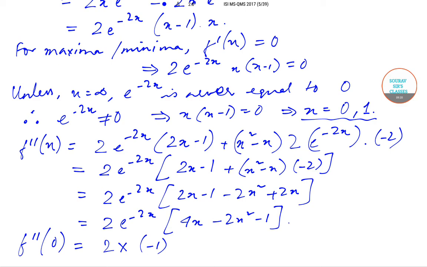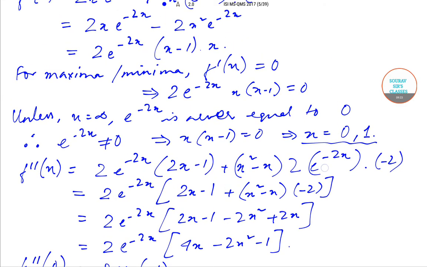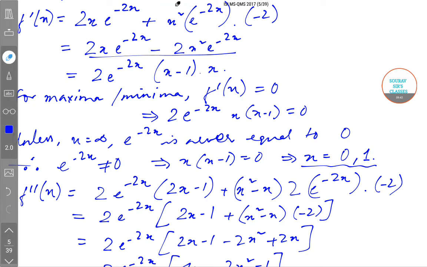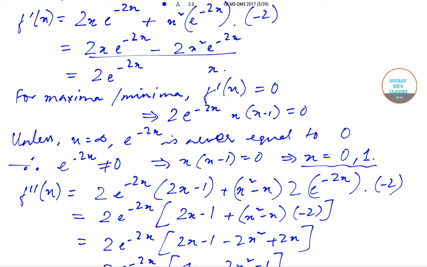It seems I committed a mistake over here, so let us check it once again from the beginning. What I've done is f dash x. Okay, here is the mistake that I have committed. So if I take 2 e to the power minus twice x common, then if I take 2 e to the power minus twice x and x common, this will be equal to 1 minus x. Basically the sign will change. So what I've done over here in this case, there will be a minus sign,